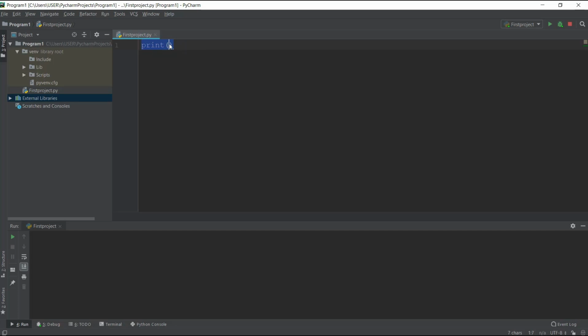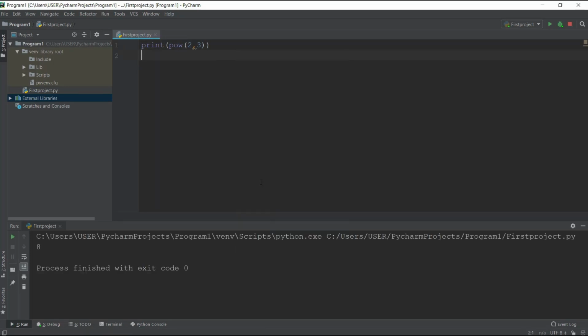We can say print power. Power is a function, and you can say power of 2 and 3. And when you go ahead and run this, this is 8, you see that? So power on its own is a function, and if you go ahead and remove this and send max, let's look at